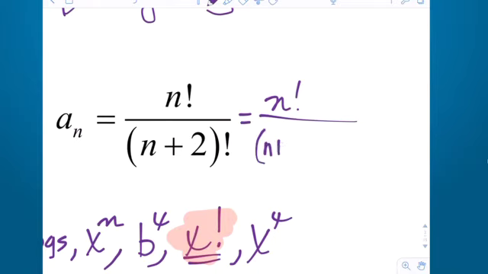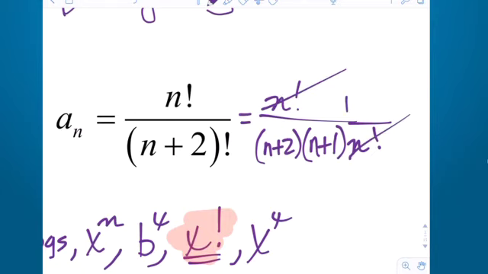n plus 2 factorial then is n plus 2 times, what would be the next one? n plus 1, right? We keep subtracting 1 every time. n plus 1 times, what would be the next one? n, and then n minus 1, n minus 2. Once we hit whatever is on the other side of the fraction, in this case n factorial, we stop. We essentially tie off the process with the factorial once these match. And why is that nice? What happens with n factorial divided by n factorial? They divide out. So this is now equivalent to 1 over n plus 2 times n plus 1,